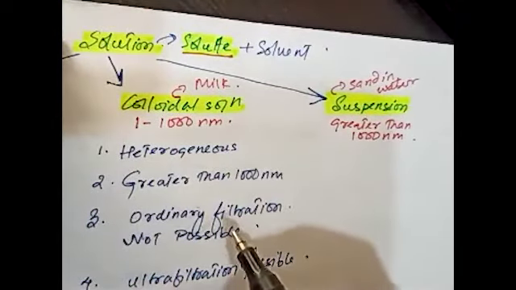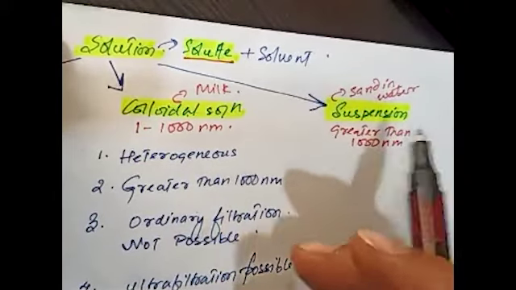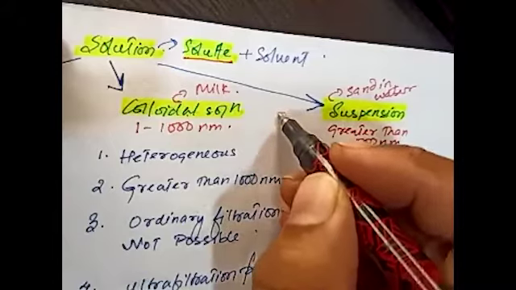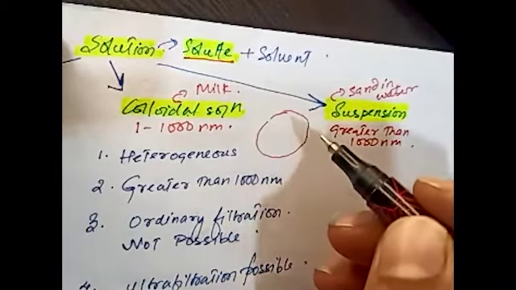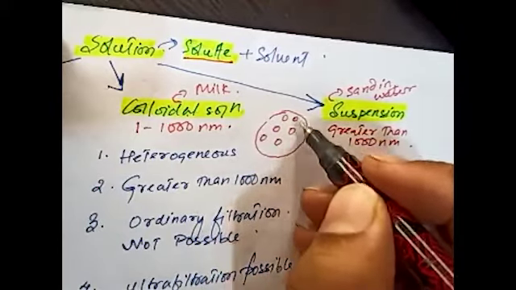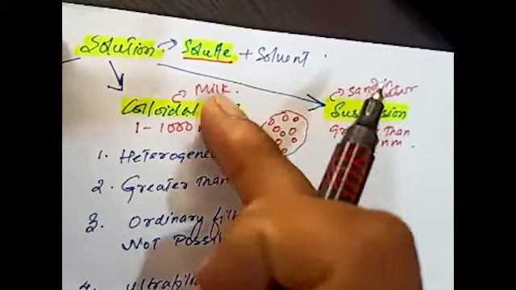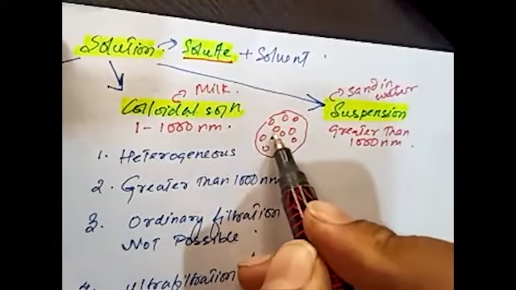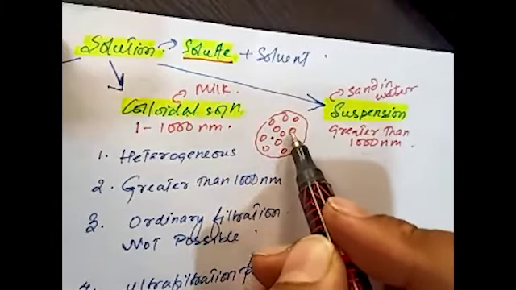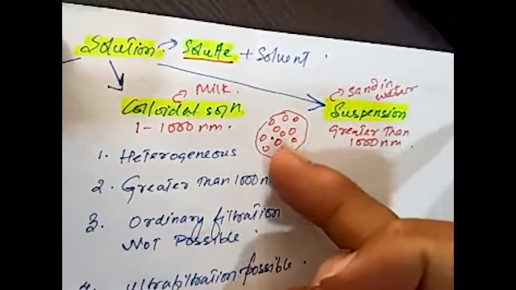Heterogeneous means if you see the milk under a microscope, you will see there are two things. You will see the water part, and in the water these white fats are floating. You will see this under the microscope. So milk has two things: the white part, which is the liquid water, and the white fats floating on the water. The fat is known as casein, or the protein is known